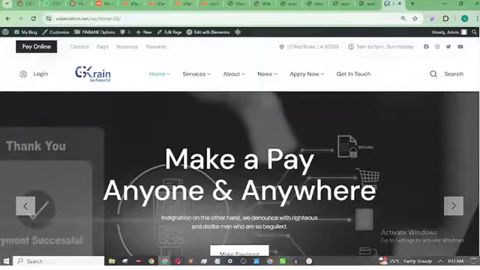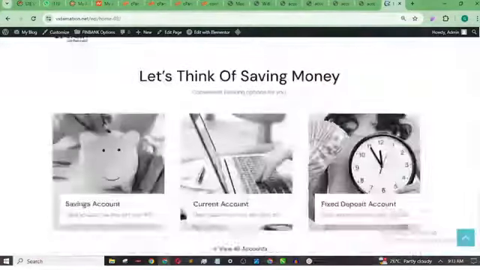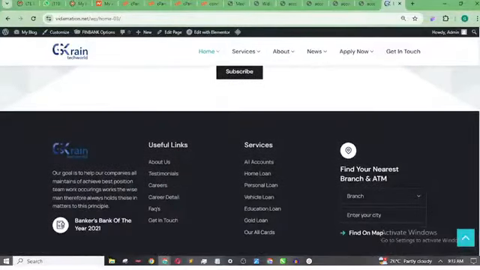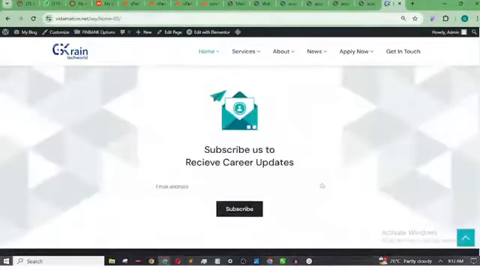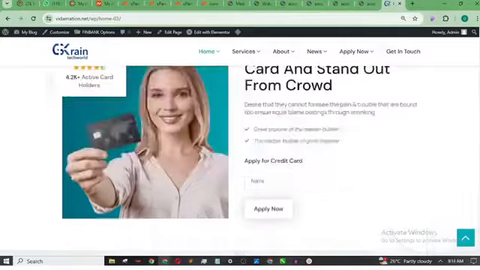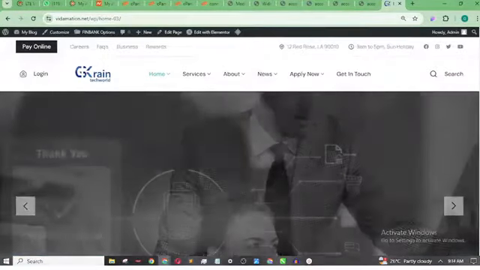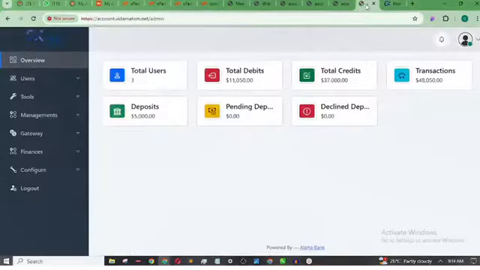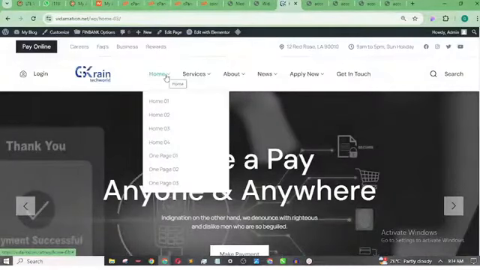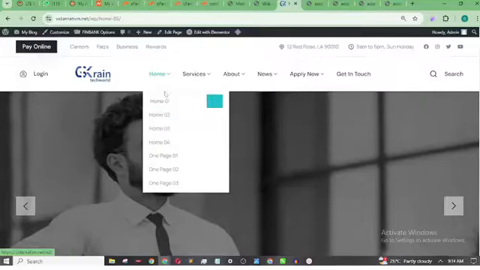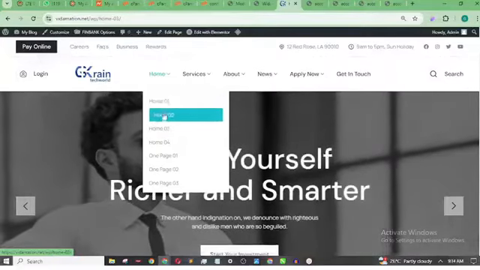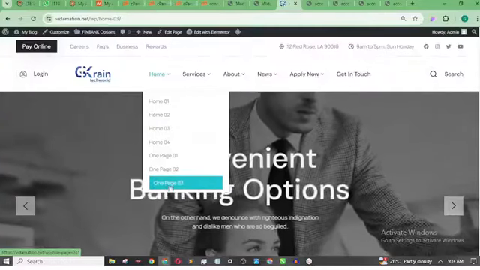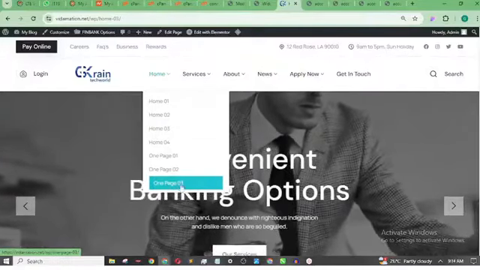So right now, if you have not forgotten, this is our front end. So now we just need to integrate our banking system with this front end that we actually built using WordPress and then our premium theme. So now the first thing I want to do is let's come to our website. And remember, like I told you, depending on whichever homepage that you want to use, for me, I'm actually going with this one. I even want it to be a one page. It's going to be one page